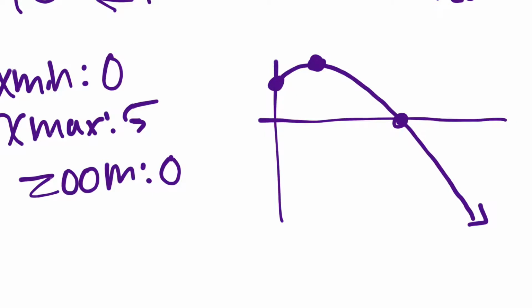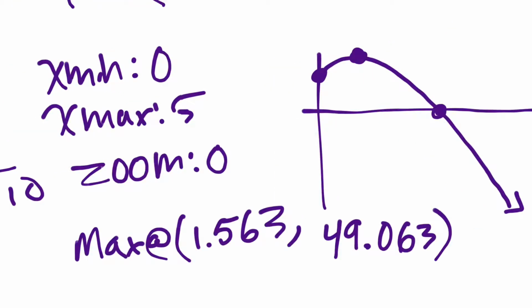So second trace gets you to the calculate options. We want option 4, which is a maximum. For a left bound, I would choose 0. For a right bound, I would choose 5. And then I'd hit enter, and it should take you straight to this maximum value, which should be x value